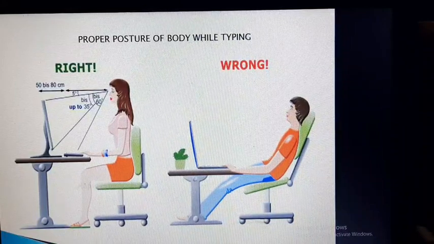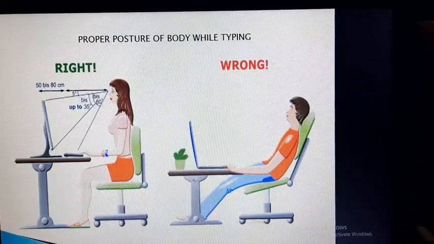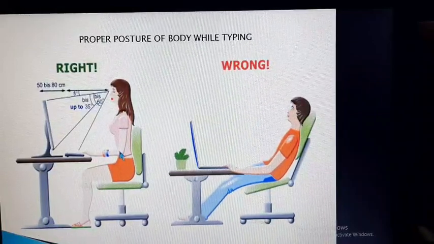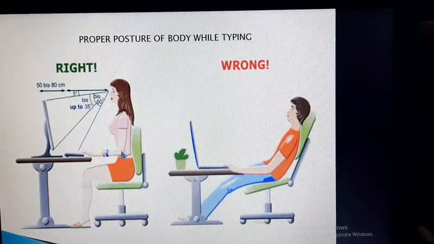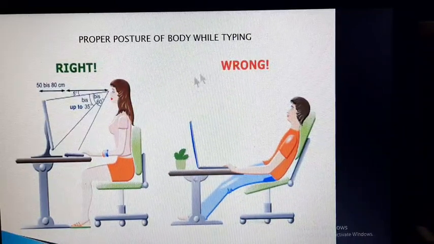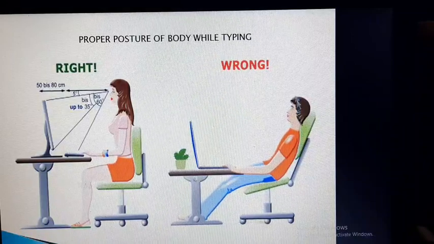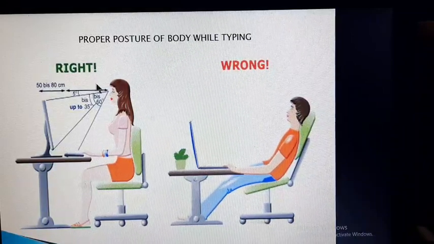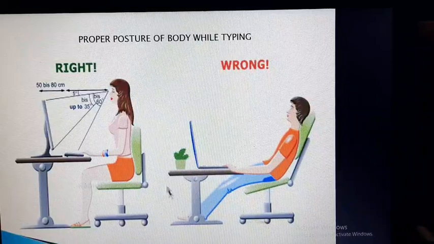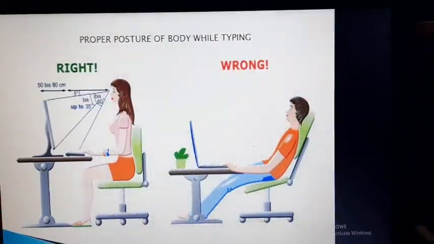Keep your elbow bent at a right angle. The elbow should be like this, not this. These two pictures indicate the right posture of the body while typing. This is the right posture and this is the wrong posture.